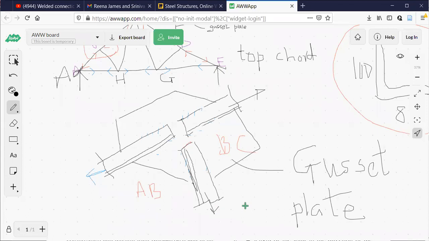After analysis of the truss, you will know the forces in each member. Those are the forces we are going to use to design these members, because in the previous semesters you studied how to analyze a frame. After analysis, we are able to say it is a compression member carrying, let us say, 56 kilonewtons or 35 kilonewtons, like that. The truss is already analyzed. I know the forces in these members. Once I know the forces in members, I'll be able to decide how many bolts are required here.